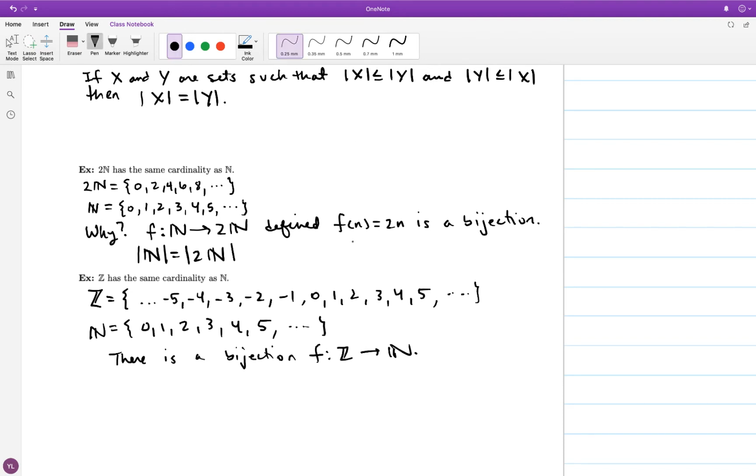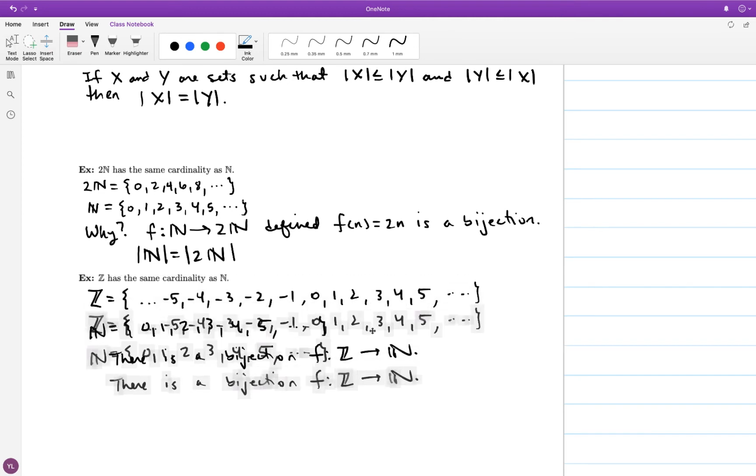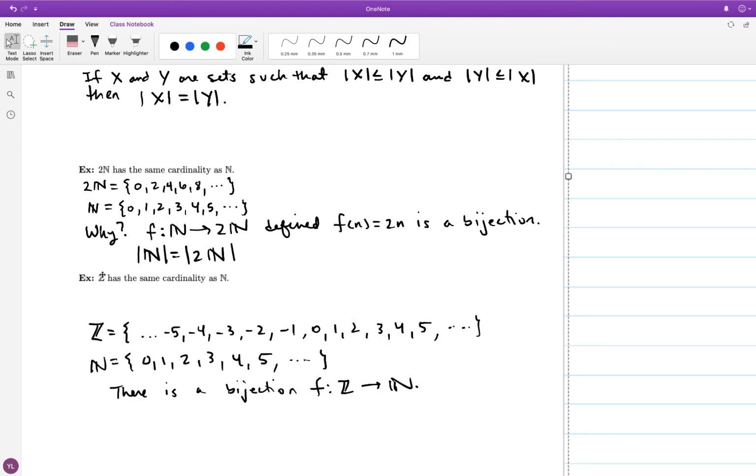I want to give you a geometric way of sort of arguing that these two sets have the same cardinality. So let me scoot this down and sort of draw on the integers for a second. What I want you to imagine is that the natural numbers start at 0 and they count up 1, 2, 3, 4, 5, like this in a line, right? And a bijection can be described geometrically by sort of matching up the nodes on this line with this set, which is the integers. So I'm just going to sort of wrap this blue arrow around